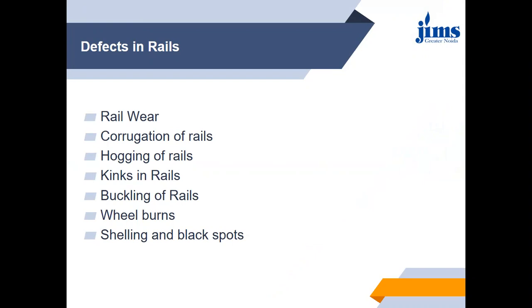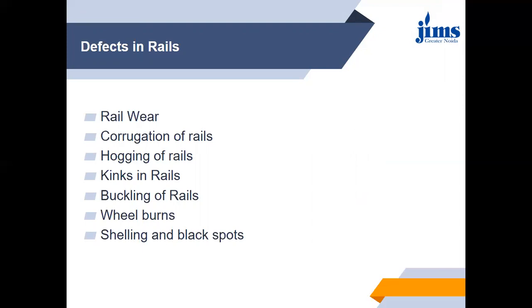Certain defects arise due to man-made causes, due to load application, repeated load application, the fatigue. Then there are certain rail defects which arise due to temperature variations, internal material components and the properties of the material itself. One by one we'll discuss in detail what the different defects in rail are. So let's start with the very first defect.